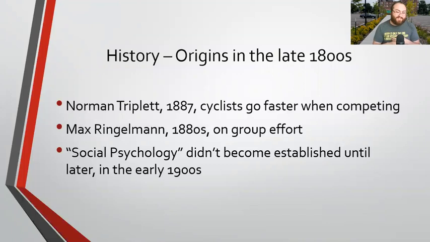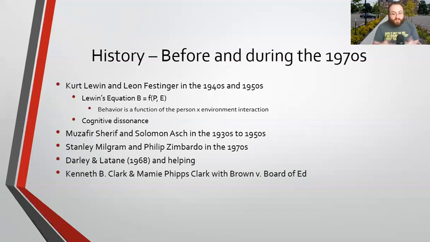Social psychology was not separate from the discipline of psychology until a few years later. A few textbooks published in the early 1900s identified a common set of experiments, of which Triplett and Ringelmann's experiments were part, that comprise this area of social psychology. And then people started studying specifically social psychology into the 1920s and beyond. So speaking of that, I'm going to skip to some famous studies.